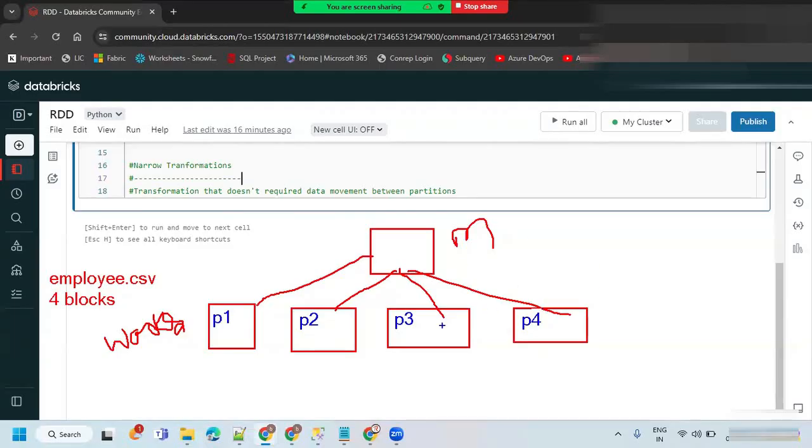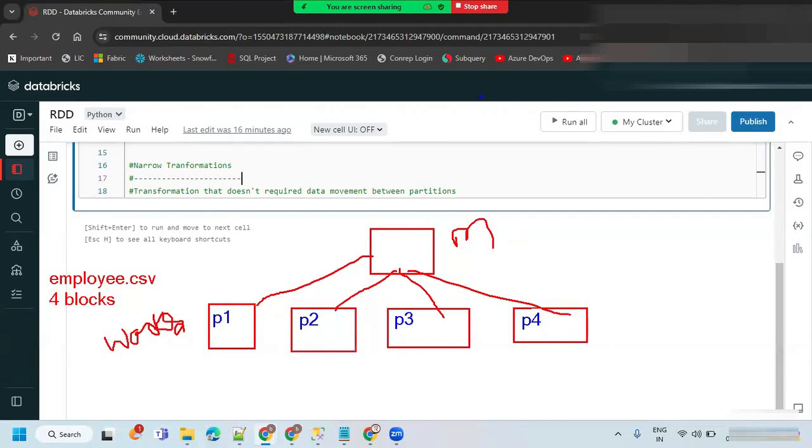So 4 partitions are created. This node is going to process the data separately, and every node is going to process the data separately.